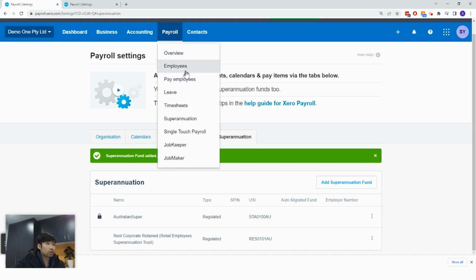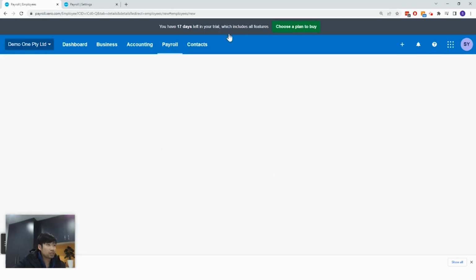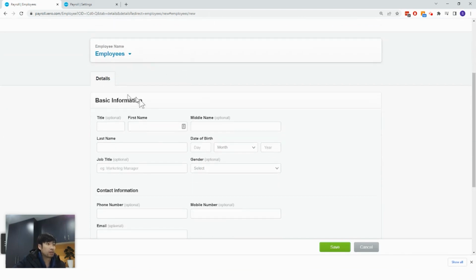So click on payroll, click on employees, and now you want to add a new employee. So click on new employee and add employee. Some people that do not have any employees will not have this page. They will have an add employee button, which is green at the bottom. Once you click on that, it will bring you to the same page right here, which is employee details. So let's create,